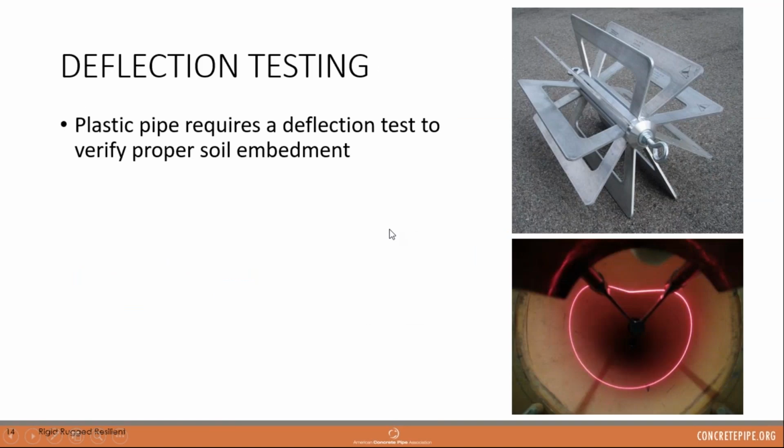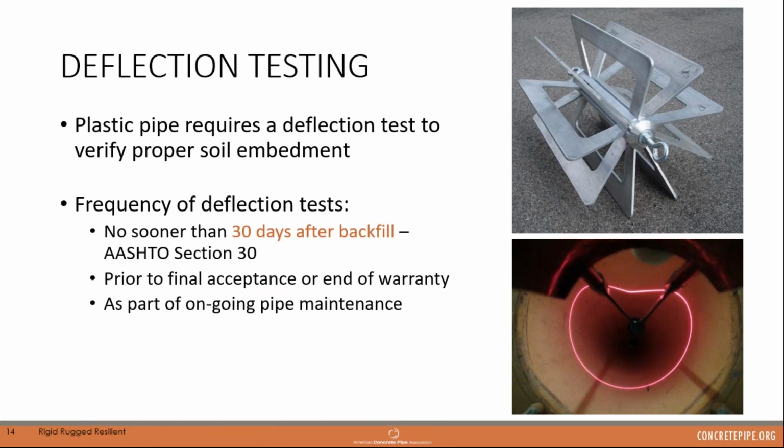So as we mentioned previously, deflection testing is a widely used means of verifying the soil embedment of the pipe. And it's crucial to note that the timing of that deflection testing is very important. In AASHTO section 30, it states that this test for verifying the deflection estimations were not exceeded really should take place no sooner than 30 days after backfill. This is intended to give the time for the backfill above the pipe to settle initially, and hopefully at that point the pipe is seeing the highest loads it's going to experience, which are the construction loads from excavators